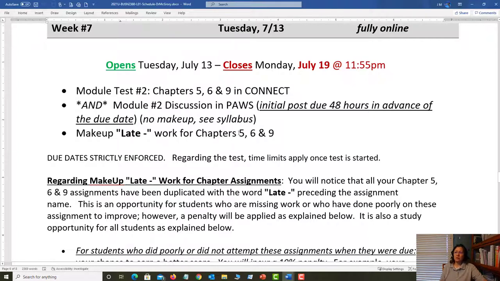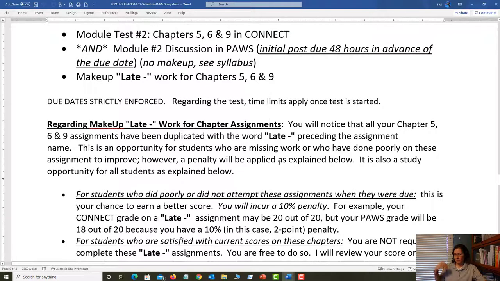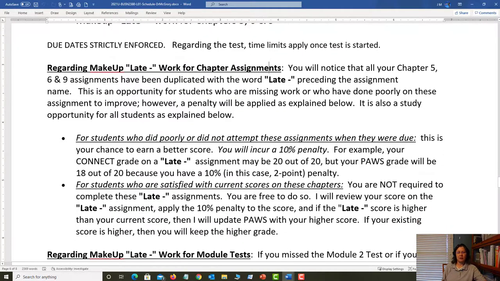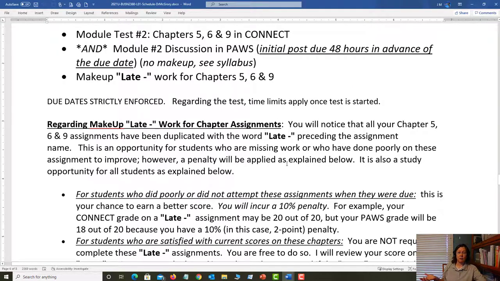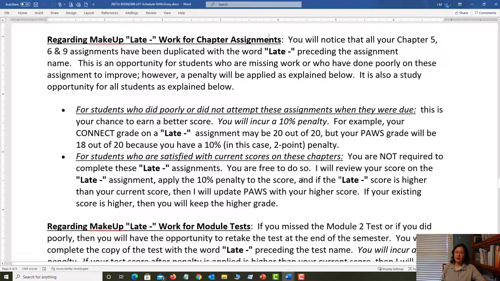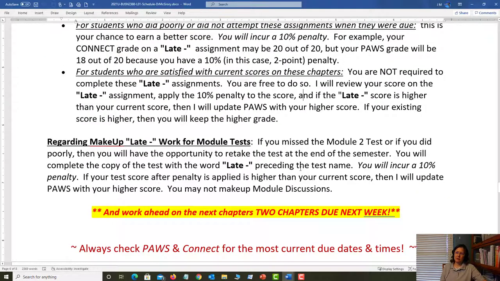But what if I missed an assignment from chapter 5, 6, or 9? Well, this is that opportunity for these assignments, the one and only opportunity to do late work. Not going to reopen. You'll go out there, you'll find these late assignments that are marked as late, and you can take them. You'll get that 10% penalty. Or maybe you go ahead and open some of those late assignments and do them again just as a practice tool. If it raises your grade, that'll be great, but it will not pull it down. Okay, only in favor of you. Isn't that nice? What if I miss test 2?